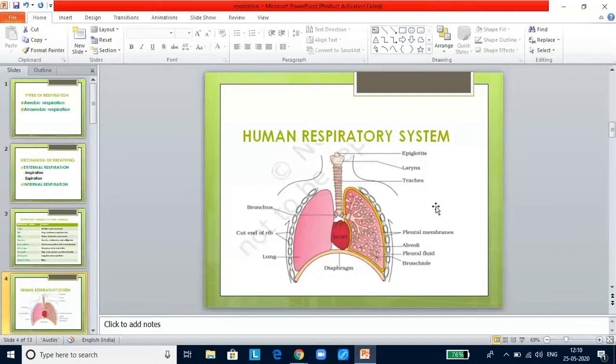Bronchi are one pair of small, thin-walled tubular structures formed by the division of the trachea at the level of the fifth thoracic vertebra. Now let us look into the respiratory organs. Lungs. Each lung is covered by a double membrane called the pleura. The outer covering membrane of the lung is called the parietal pleura. The inner covering membrane of the lung is called the visceral pleura. In humans, the right lung has 3 lobes and the left lung has 2 lobes.